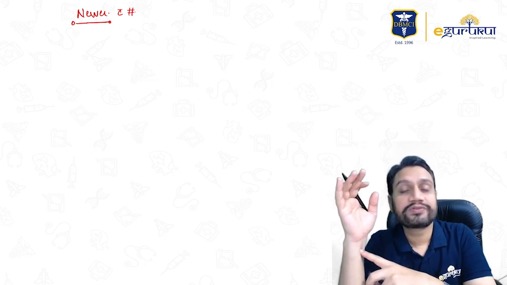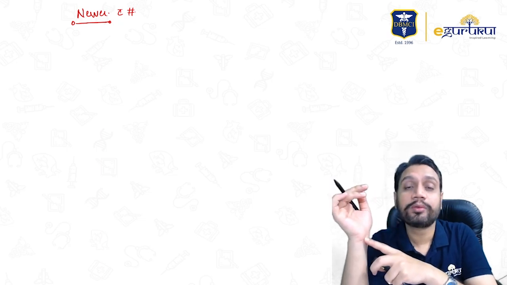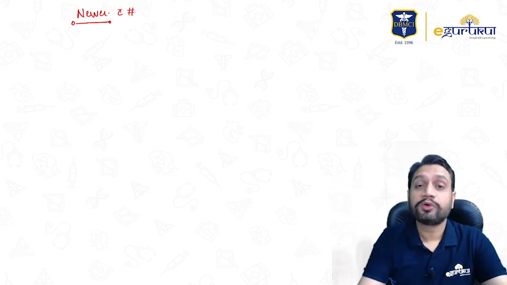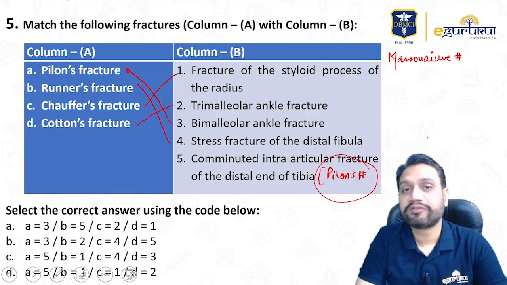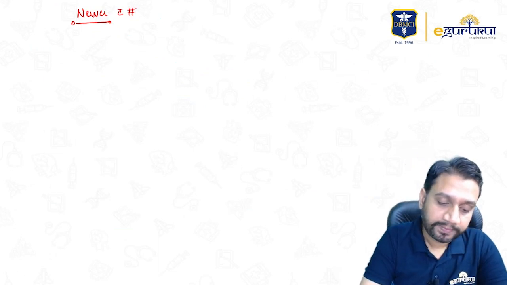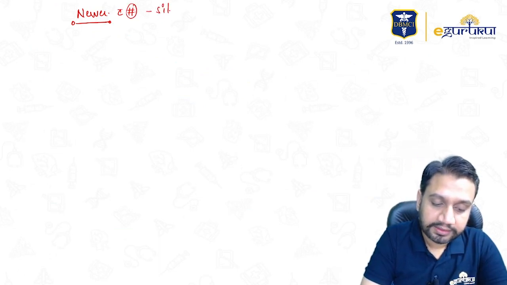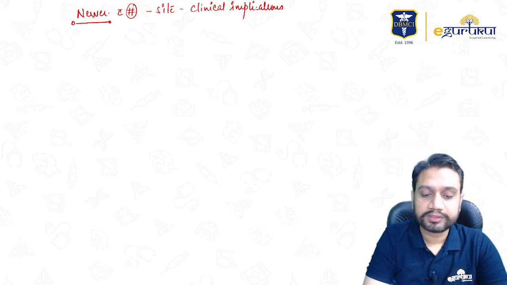For example, the Colles fracture, lunate dislocation, and the scaphoid fracture, all of these three can lead to involvement of the median nerve. Okay. So nerves with fractures, angles of the bones, and the eponyms of the fractures, these three important things, please do remember. Eponyms, angles, and nerves with fractures, the site along with the clinical implications, please do remember them. They are very important.